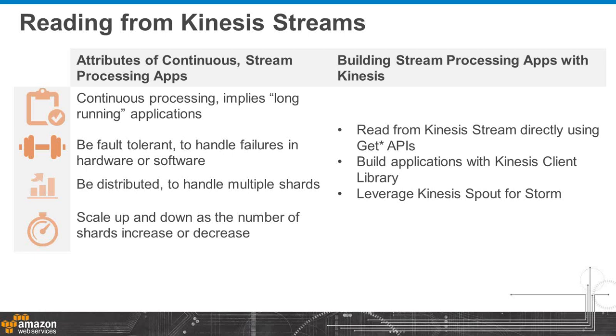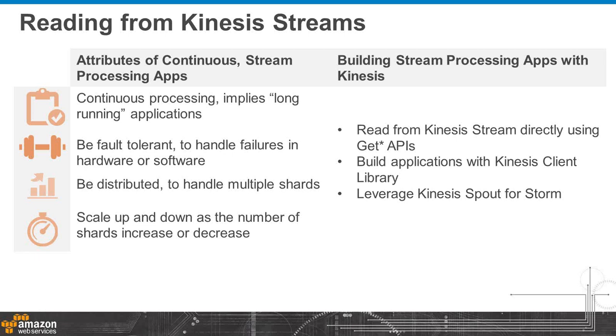This is going to be a long-running, permanent application. The incoming stream of data does not stop. It might change in volume, which can be easily handled by Kinesis by having the customer increase or decrease the number of shards, but the processing application has to accordingly process that data. The second key attribute is that the application needs to be fault tolerant. Because data is being continuously ingested and exposed for processing, this application needs to handle any failures that might occur in itself as it's processing this data.